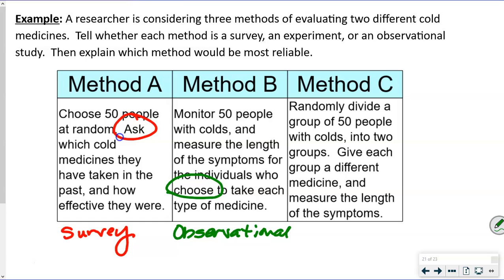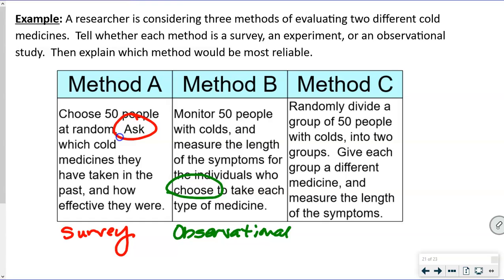Okay, and then the last one: randomly divide a group of 50 people with colds into two groups. Give each group a different medicine to measure the length of the symptoms. So on this one, we divided them. I guess my pen is wigging out today, y'all. I think y'all understand. Basically, dividing into the groups